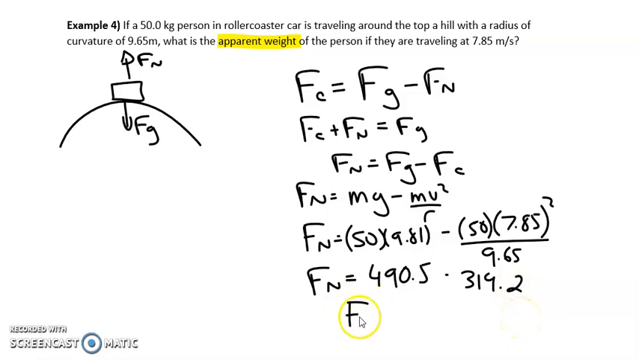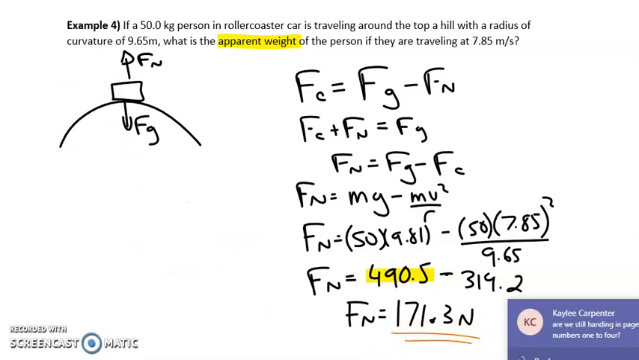or you wind up with an apparent weight of 171.3 newtons. Now, this is going to feel much lighter than normal, right? This person had an actual weight of 490.5 newtons, but they feel or have an apparent weight of only